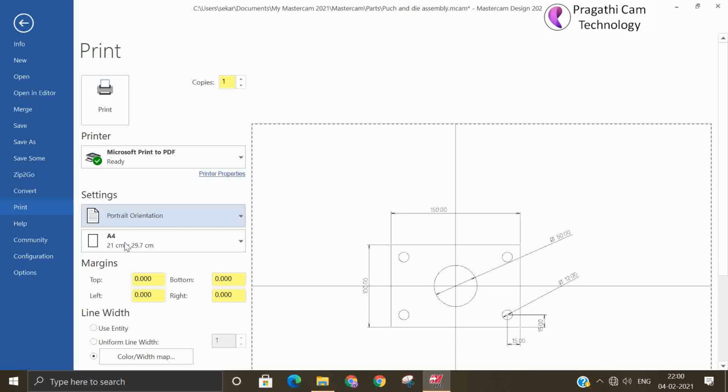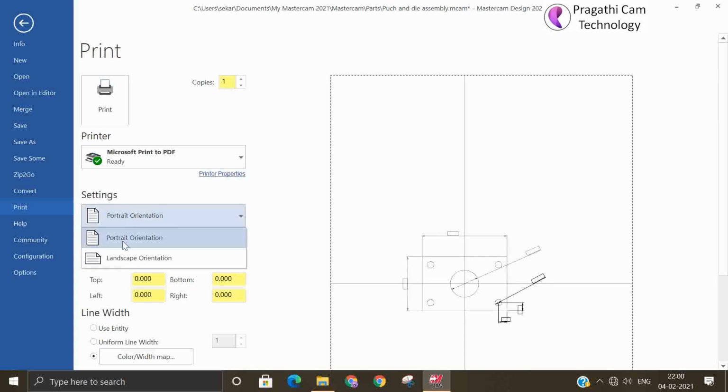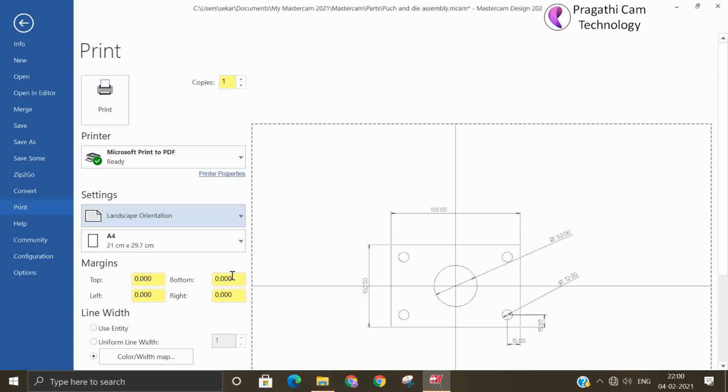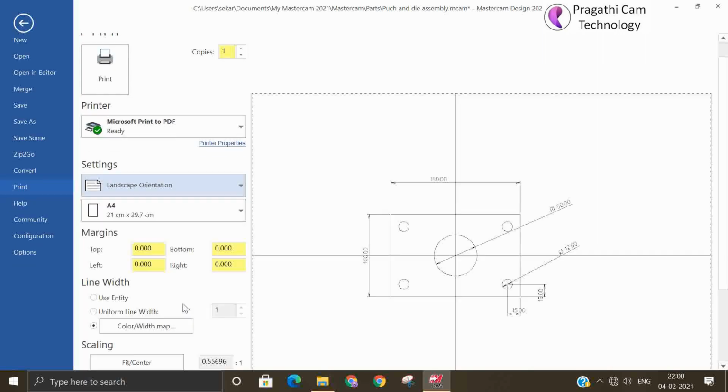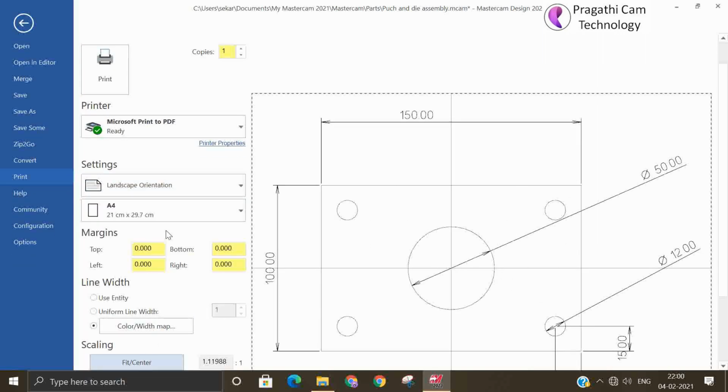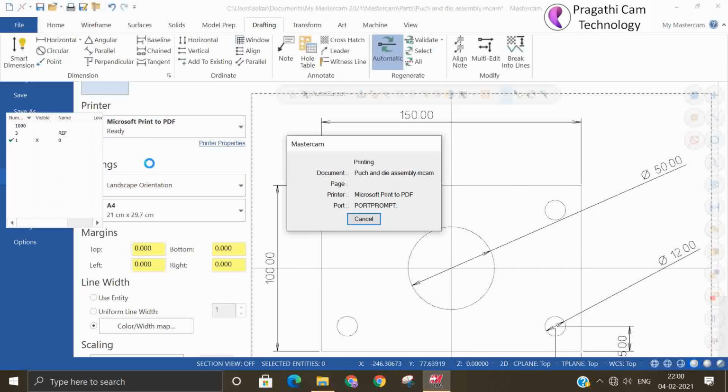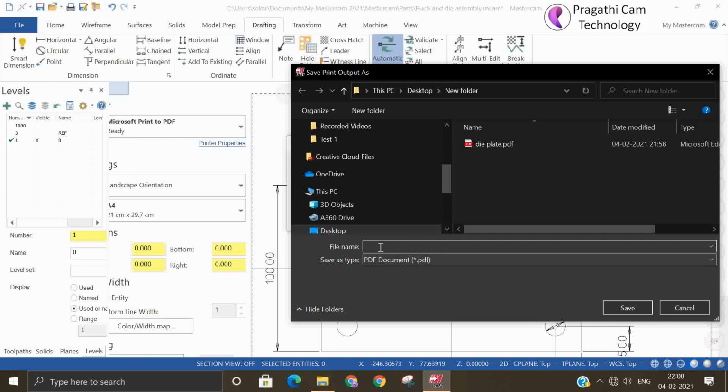Landscape or portrait, how you want. Landscape. Then if you want to give some margin, you give it. So you can change the color and say fit. You can print it. Test print. I will give the name test print.